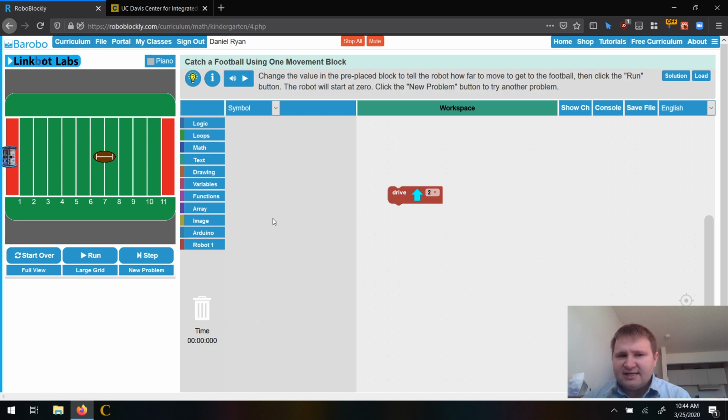And so this activity and most of the activities here in RoboBlockly are set up with some sort of a title and a problem statement. So the title here is catch a football using 1 movement block, and then our problem statement is to change the value in the pre-placed block to tell the robot how far to move to get the football, and then click the run button. The robot will start at 0, and we can click the new problem button to try